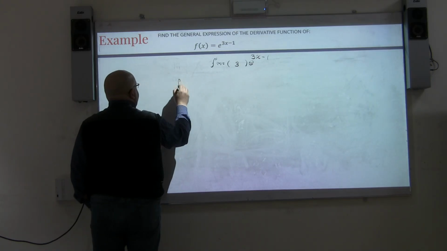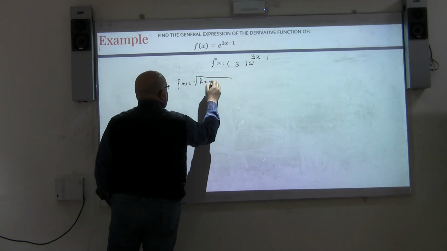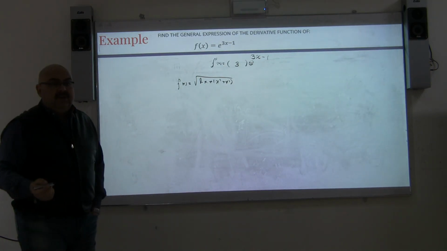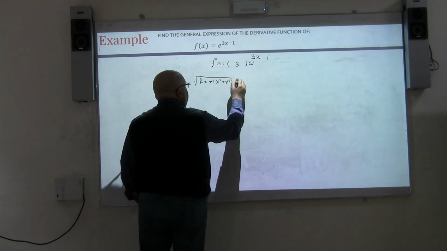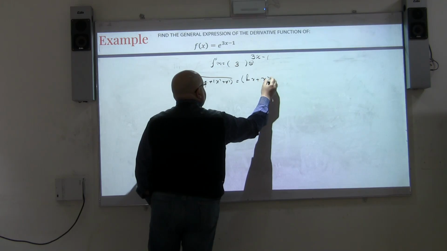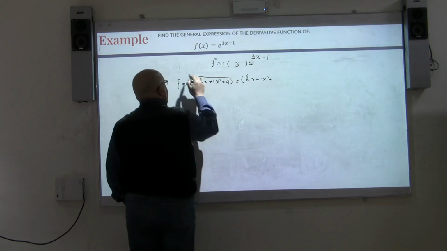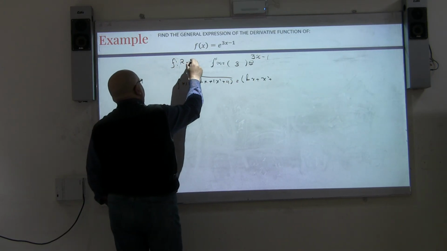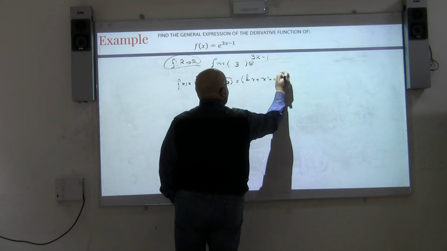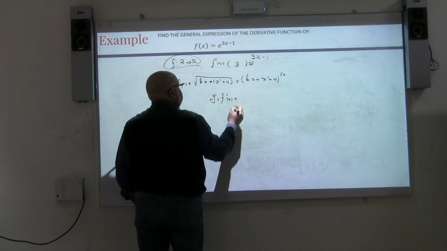So, for example, if f of x was the root of ln of x plus x squared plus y squared, and I want to differentiate, it's not going to be a big deal. Of course, all I have to do first is to raise the power. Let this y squared be 4, because we are talking about a function from R to R still at the time being. So it's going to be ln of x plus x squared plus 4 to the power of half. So y dash or f dash of x is going to equal